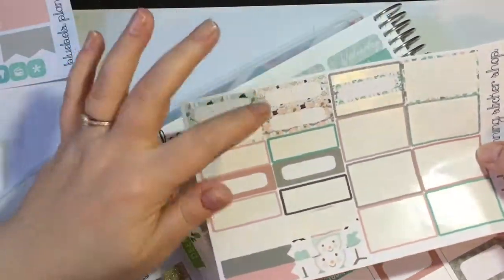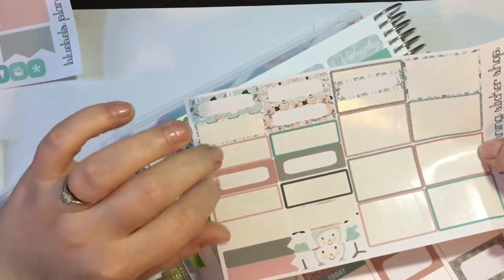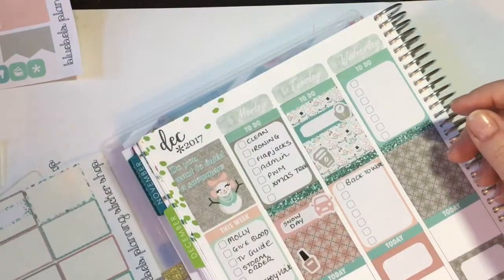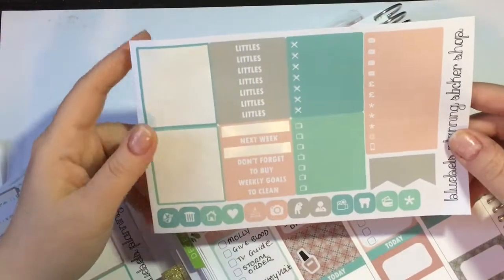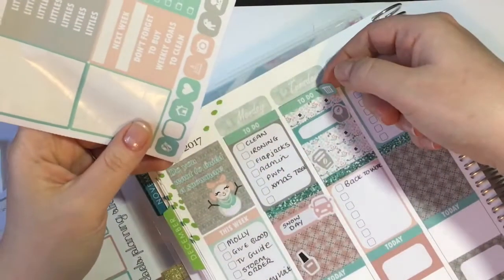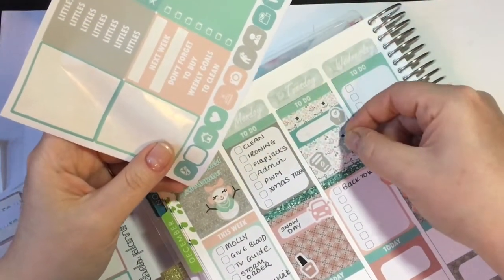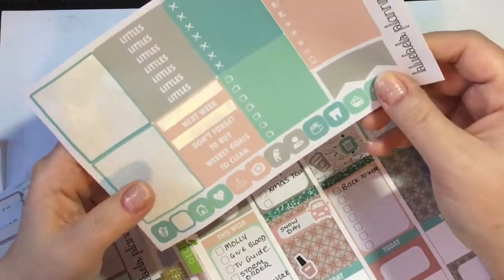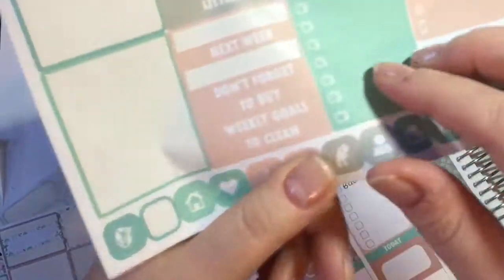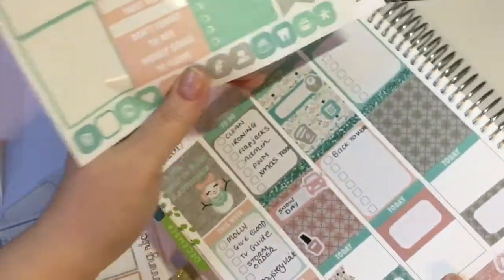I've got a few more of the quarter boxes and a couple of little flags, which I probably will use during the week. I've still got absolutely loads of these icons. Got a bin there, so that is Tuesday night. Let's pop that there. And oh, I have got a little physician sign, I didn't realise, so I'm going to pop that on Paul's operation day. Awesome,